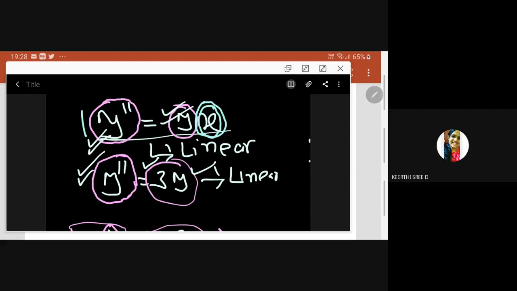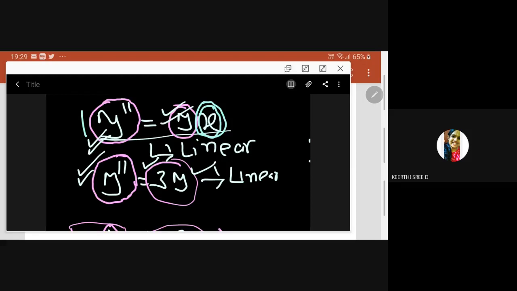The instance can be either y or some order derivative of y. That is the meaning here. In an instance, a y can appear as y or as some order derivative of y. So the first example is a linear equation. The second example is also a linear equation. There are 2 terms there. The first one is a linear equation with variable coefficients, and the second example is an ordinary differential equation involving constant coefficients.